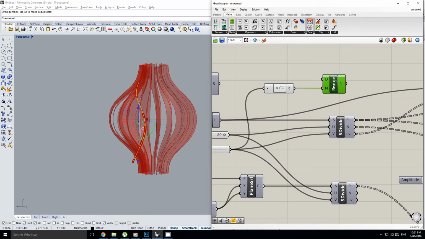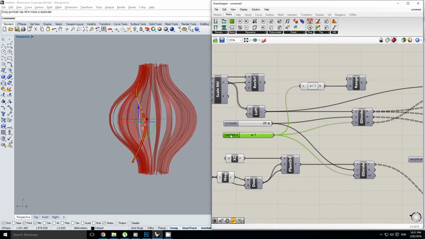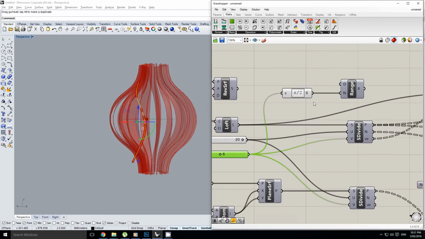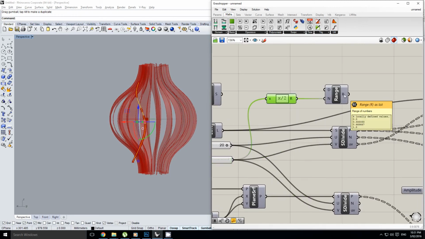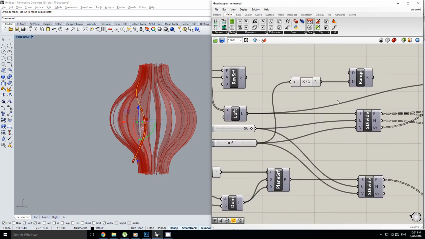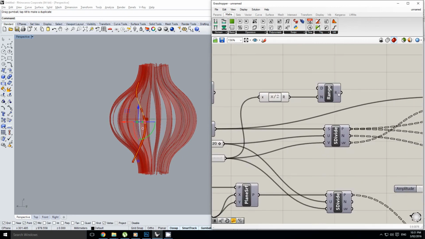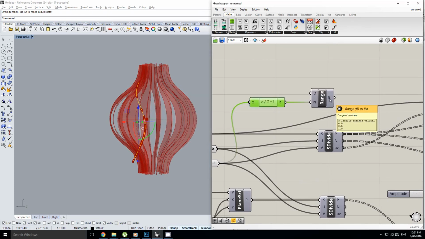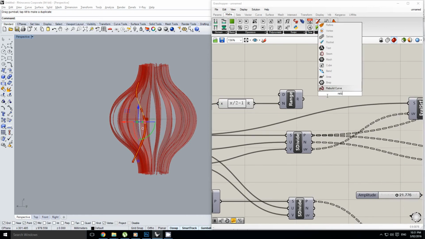And so that's going to give me 5 points. Just to make this easier, I'm going to set this to even numbers. If this is 6, it's giving me 8 points, so I'm going to do x over 2 minus 1. Cool. And then we're going to reverse that list,